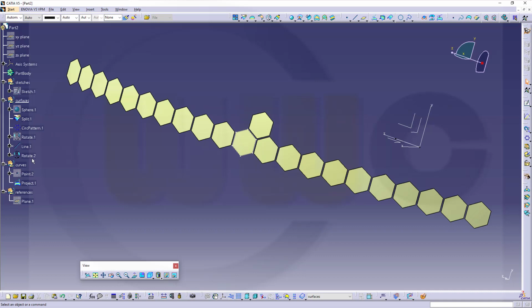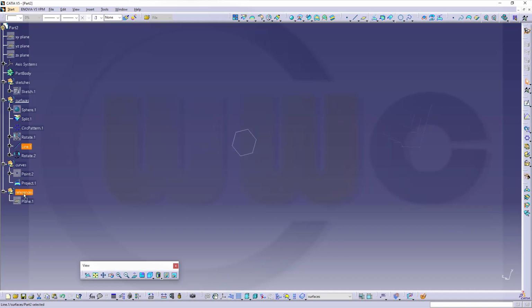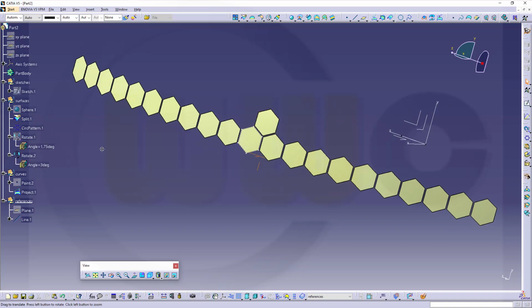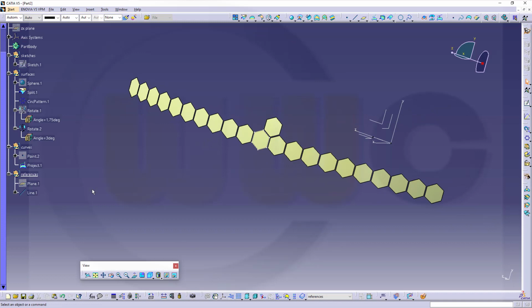Now let's check it out. That line should be in the references here. The rotate is the surface, that's okay. Let's show the values. That's 175 and 3 degrees. Okay. Let's go back to our